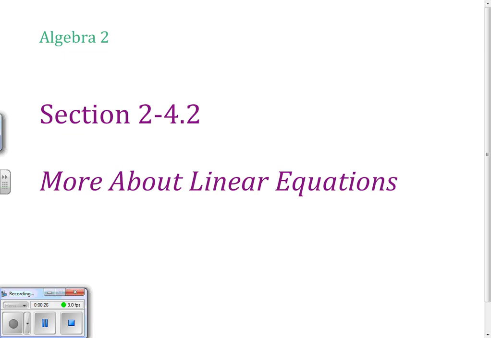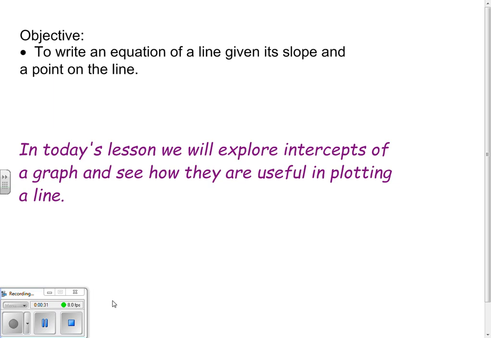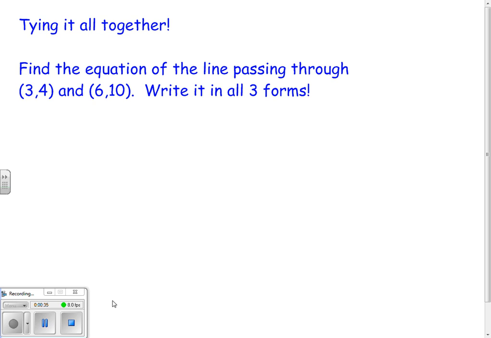Section 4, Day 2, talks more about linear equations. Today's lesson, we're going to talk about intercepts of a graph and see how they're useful in plotting a line. So we've talked about slope-intercept form, standard form, and point-slope form. So we're going to start this lesson off by finding the equation of the line, but writing it in all